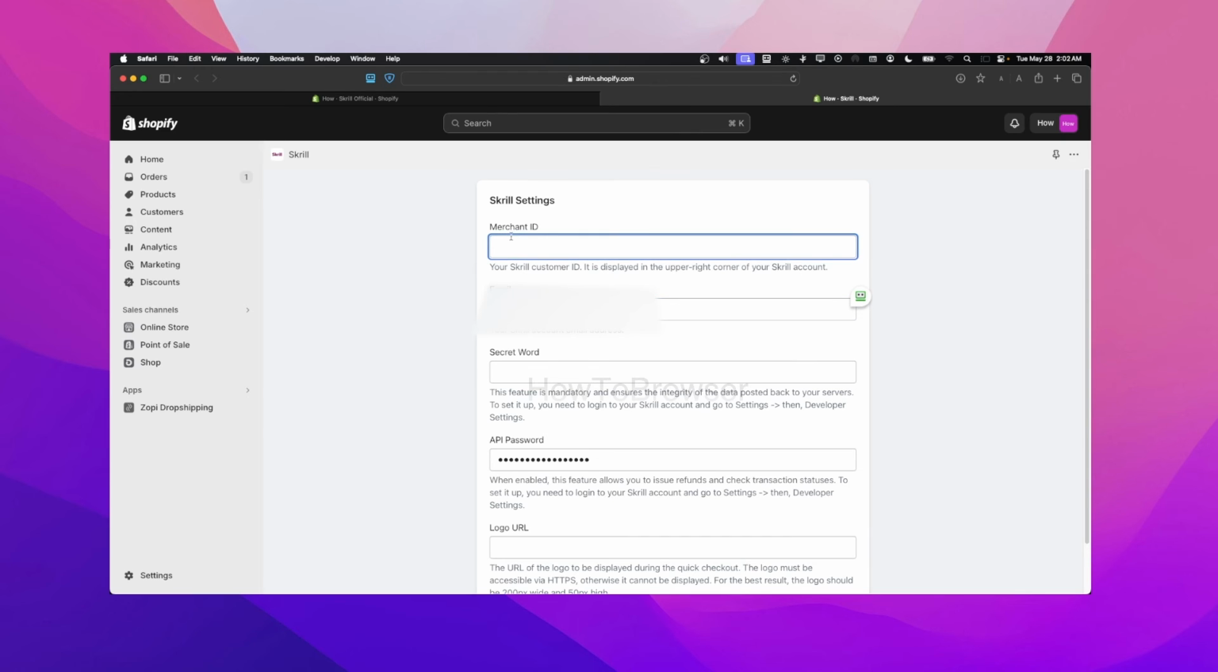Now just enter your merchant ID, your email, and secret word, and you'll be able to find this in developer settings, as you can see here, in your Skrill account under settings. I could have shown you this, but I've used Skrill in the past and don't use it anymore because I'm using Stripe. But it's very simple, as you can see the steps here. Just go to